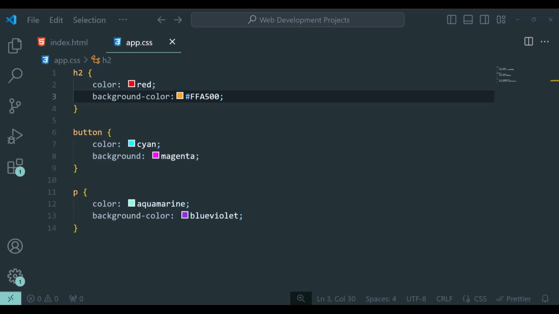Hexadecimal value can also be shortened if the color components are the same. For example, if you have FFFFFF, so let me show you. If I have this, I can shorten this simply to 3 Fs. Or if you have 000000, which is black, it can be shortened by hashtag 000.